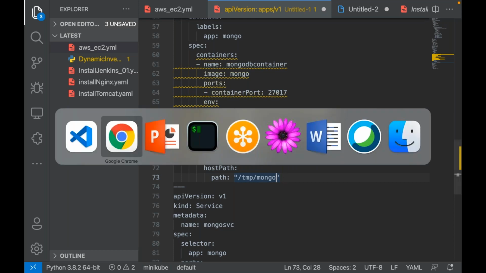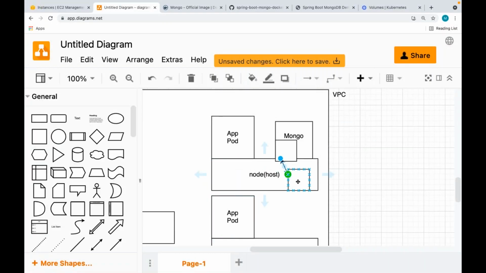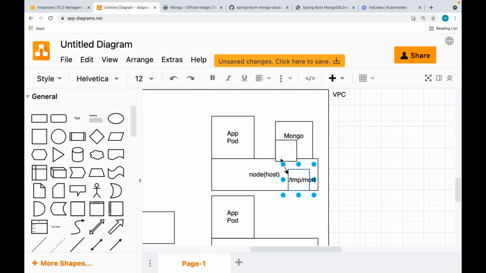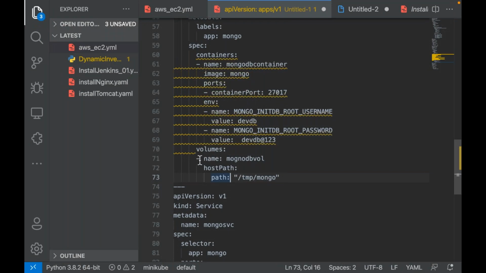So I am talking about this one now. From this server, I want to mount this directory from this host. I am just attaching a volume. But do I need to use this volume in my container? Do I need to mount this volume in my container now? How can I do that?